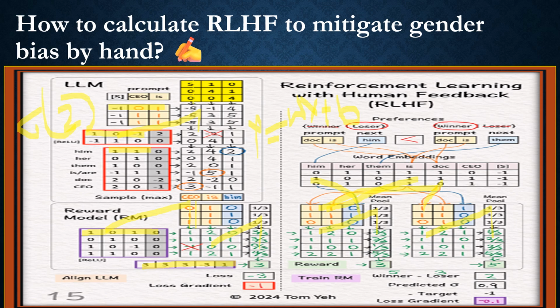Okay. So to summarize what we have done, we have simply done matrix-wise multiplication. First multiply both elements of these matrices, we get this, then multiply this, then this, then this, and then this. Okay, so we have taken the loss as simply negative here, minus 3, right? Then the loss gradient is simply taken, divided by 3 minus 1 here. So in this one we have just taken these word embeddings, right? Like doctor, is, him.